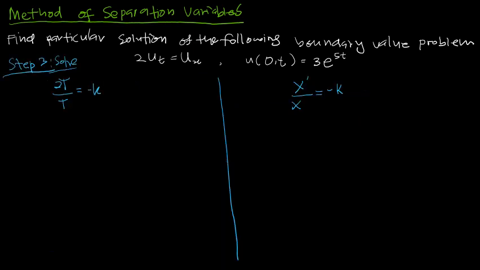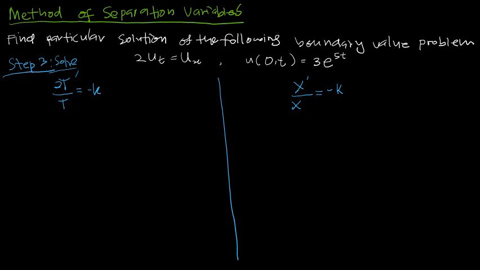Now we have turned a PDE into two ordinary differential equations, where each function has its own variable itself, so only one variable is involved in each equation. I split this, and then we are going to solve using the method that we used for first order differential equations. So we go to the first one first.